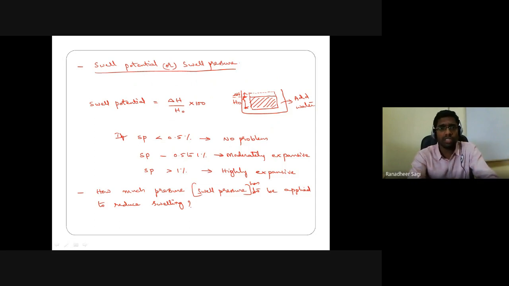If swelling is not happening, then it's obvious that there will not be any kind of failures that you are going to see in structures which are lightly loaded in nature. So to counterbalance the swelling taking place in the soil, how much pressure is to be applied externally so that failures in lightly loaded structures can be prevented? We have got different methods by which you can find this so-called swelling pressure, or the pressure which has to be applied externally to counterbalance the swelling nature of that particular soil.